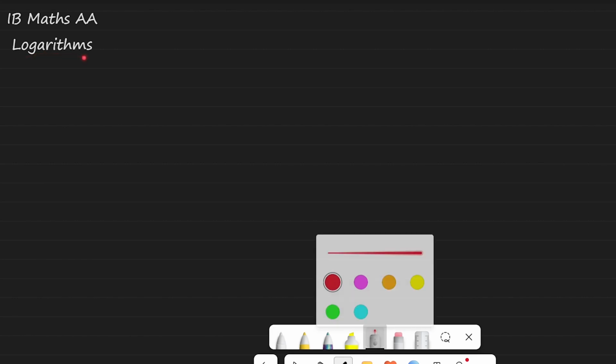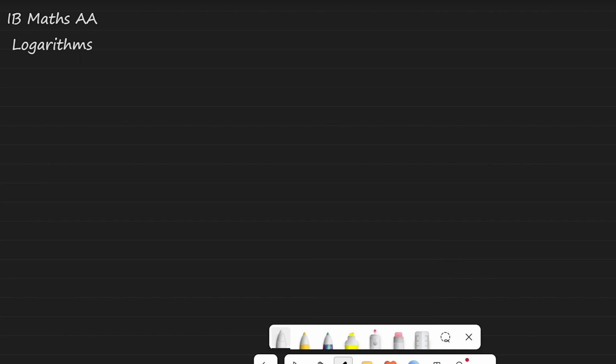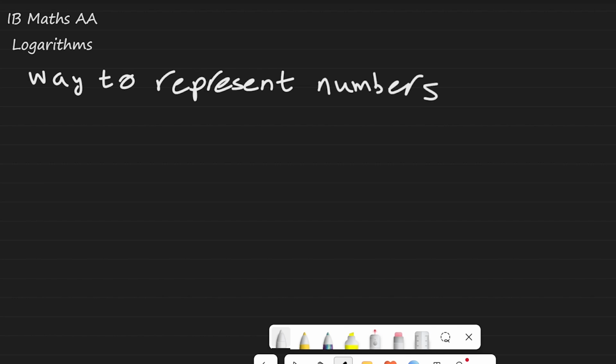Okay, so first let's understand what logarithm essentially means. Logarithm is basically a way to represent numbers. Let me just write it over here: a way to represent numbers. Like you write 1, 2, 3, things like that. For example, this is one way to represent numbers. Another way to represent numbers is